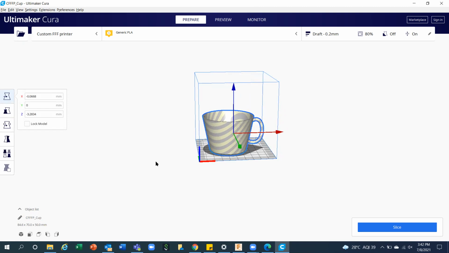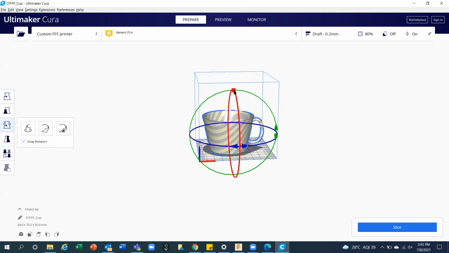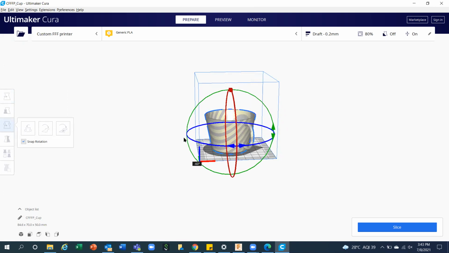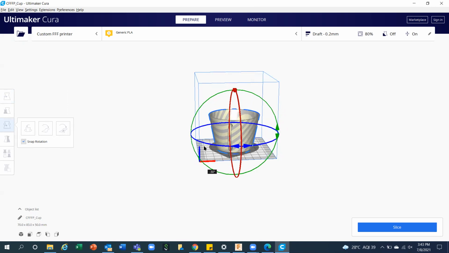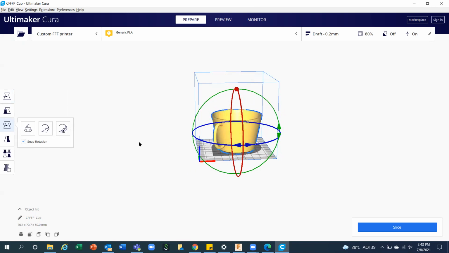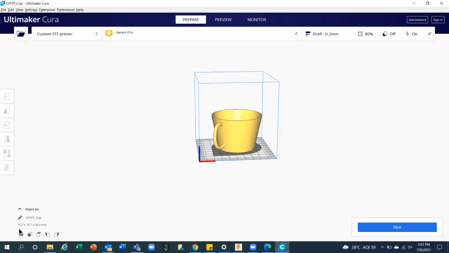Whenever you find your orientation is not correct, go to the orientation tab and you can choose any of the options. Not this one, I simply want to rotate like this. It's okay. Correct. Now you can see in the left hand side tab, the option is coming. What dimensions can you see? 70.7, 70.7, and 50 mm. This overall dimension is coming because this is a normal printer which can print only 100 by 100 by 100. So automatically it is coming like this.